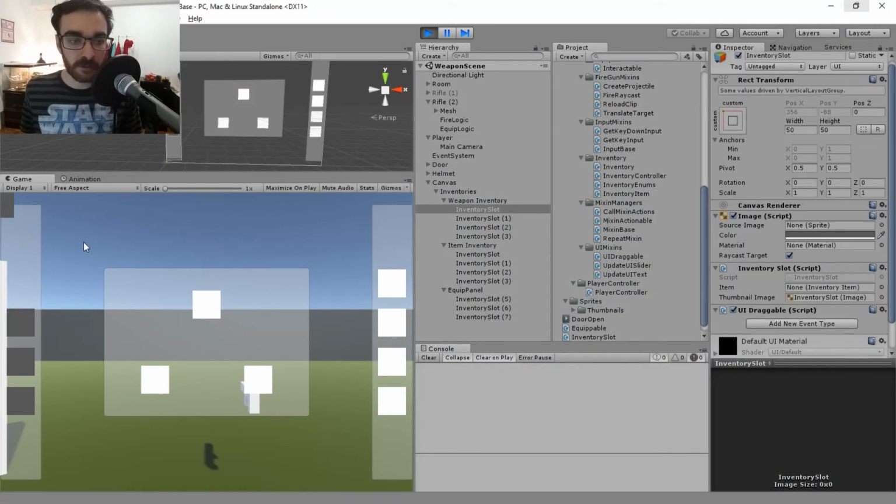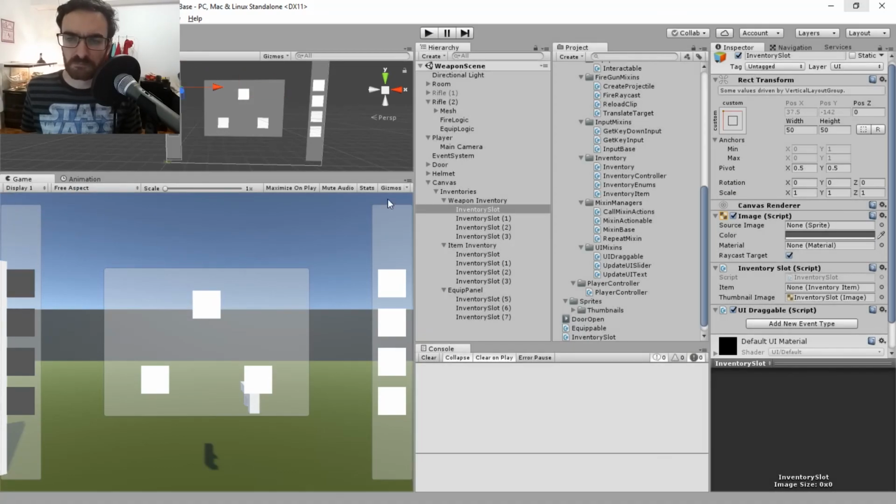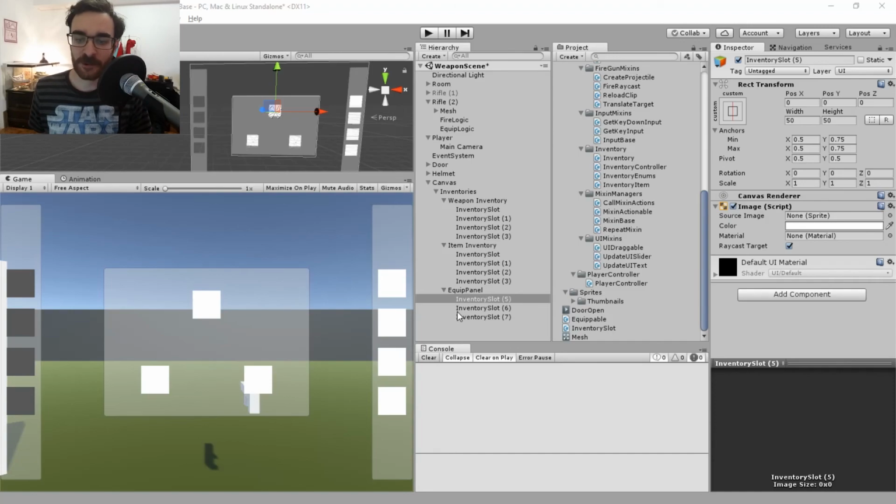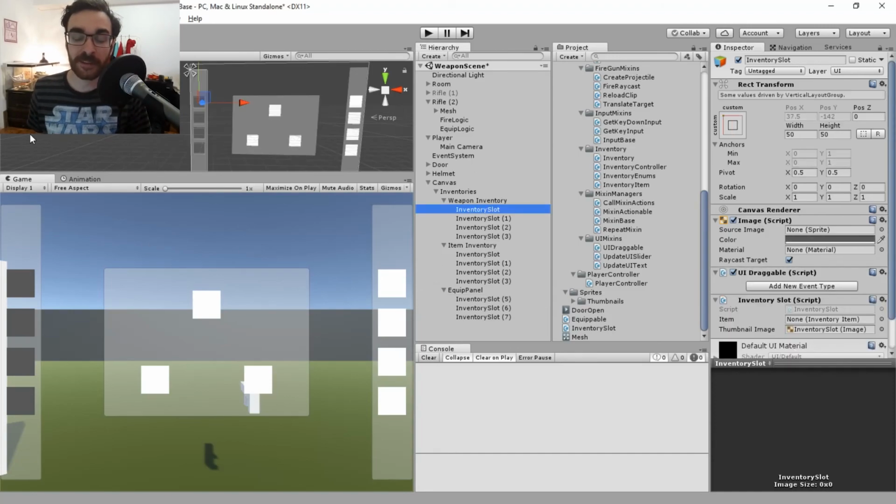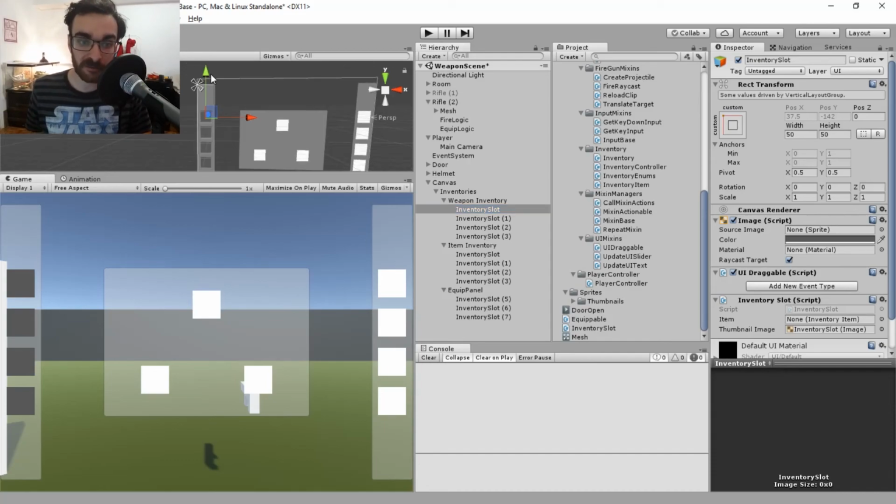Okay, now, oh no, it didn't work at all. It actually popped way up for some reason. Okay, sorry about that. So the problem is coming from the vertical alignment group, because it is controlling the anchors and the position. So you can actually see the anchors are up here, and then it's manually setting the position of where it is in the group. So one fix I've found for that is to